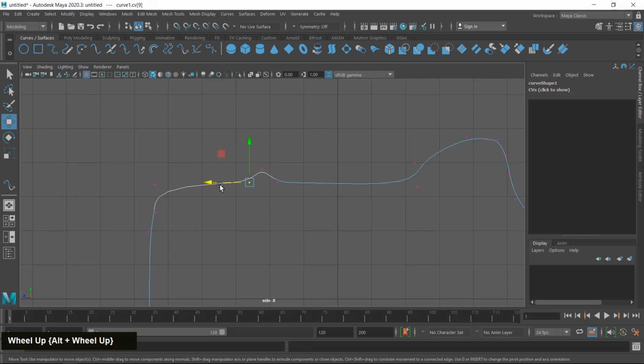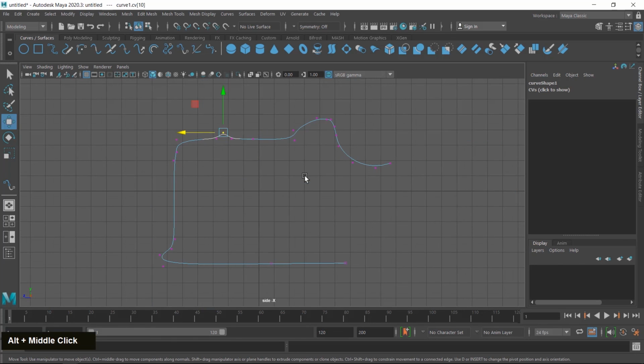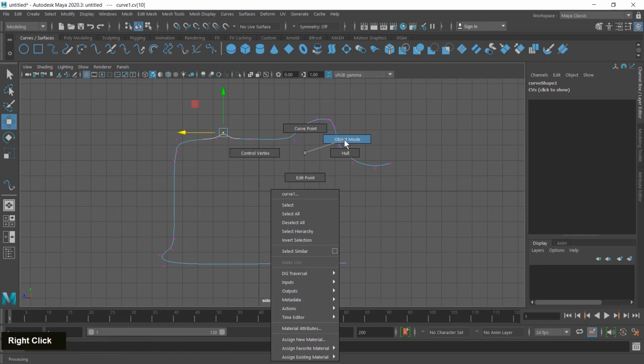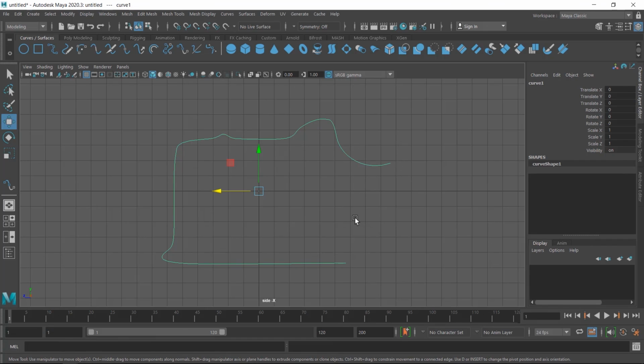So by using the add point tool, you can extend a curve, or by using the insert node tool, you can add points in between the curve anywhere. So these are very important tools to modify an existing curve. I hope you learned. Now I right click and exit from the editing mode, and it's all for this class.